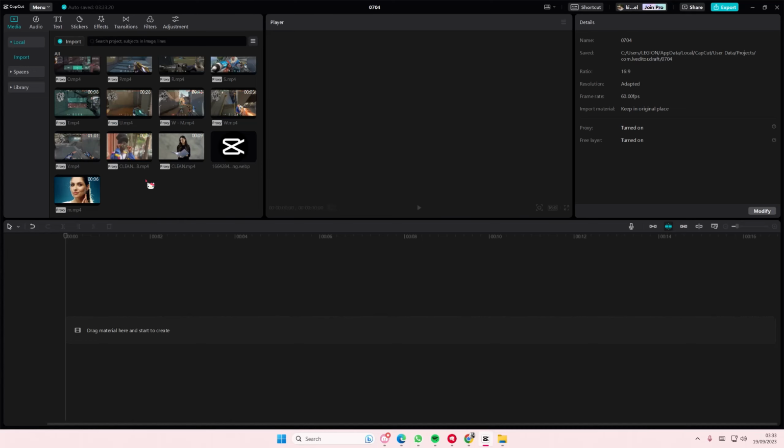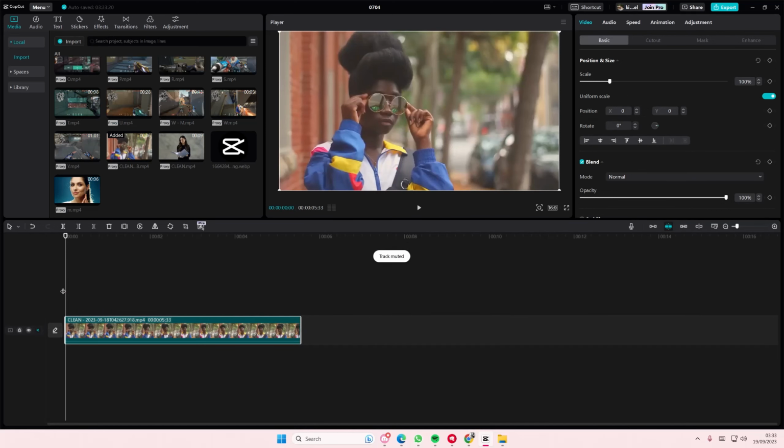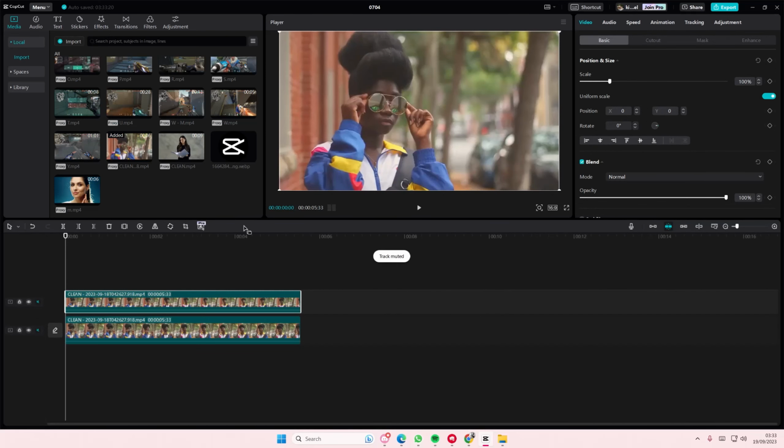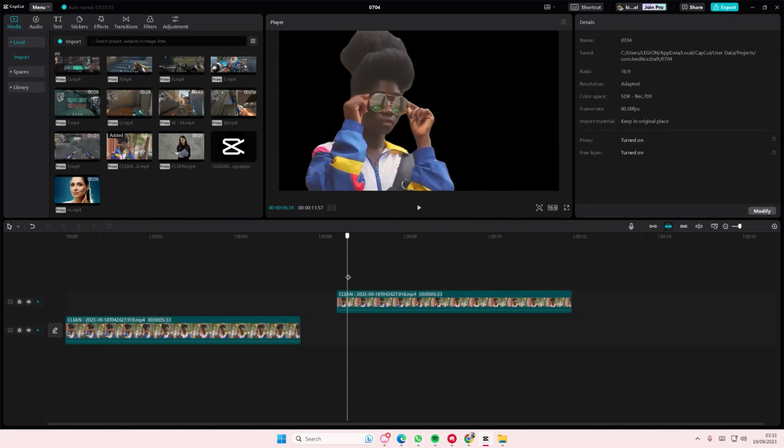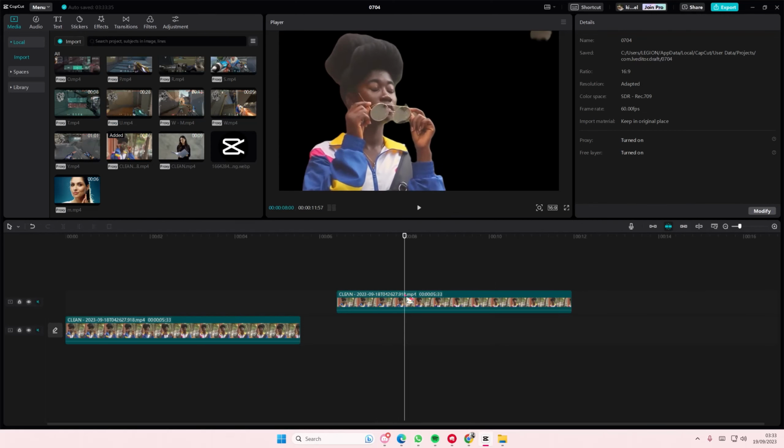In this video I'll be showing you guys how you can blur just the background of your videos on CapCut PC. So copy and paste your videos, go to cutout and go to auto cutout on the second clip like so. Once you are done, as you can see, I move it here, the background has been removed, well, most